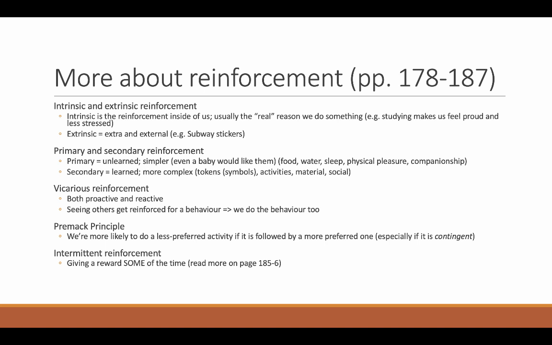These don't need to be taught to us normally. But a lot of the things that we need to do when we are older require us to have a stronger cognitive ability. They're what we call secondary reinforcers. We have to learn about them. For example, a paycheck doesn't mean anything to a person if they don't understand it as a symbol. So these are more complex, and often when we're trying to teach things to people who have cognitive difficulties, who can't understand abstractions, we need to find a way to simplify the reinforcer.